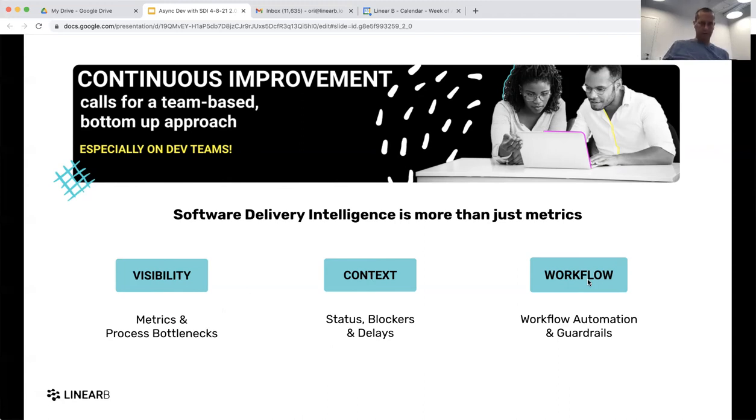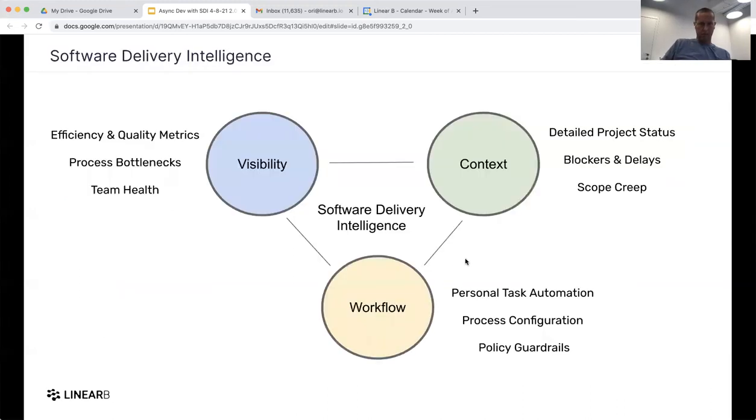So if you think about it, it's a really simple framework, and we strongly suggest adopting this framework of continuous improvement, because it has proven itself as the right thing that not just gives you visibility, but helps you drive this continuous improvement.